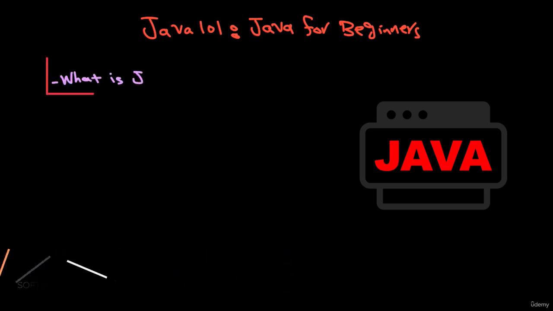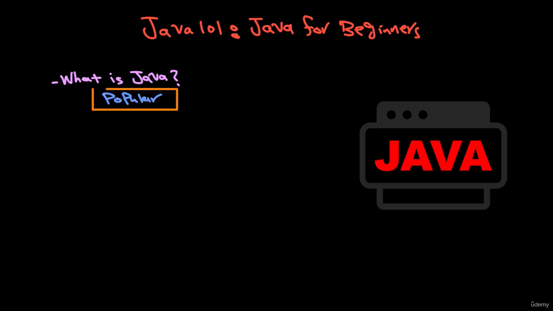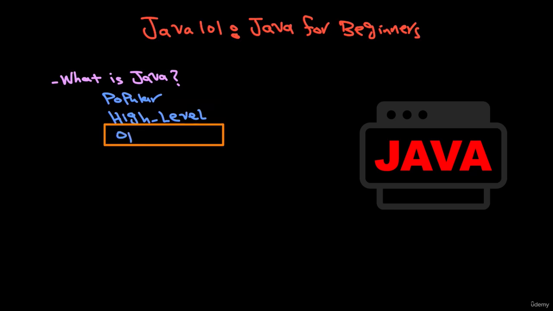Let's know what is the Java programming language. The Java programming language is one of the most popular programming languages ever because of its many advantages and its many uses. Also, Java is a high-level class-based object-oriented programming language that is designed to have as few implementation dependencies as possible. The Java Development Kit, or OpenJDK, is a free and open-source implementation of Java Standard Edition.